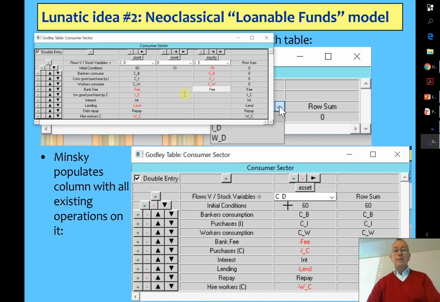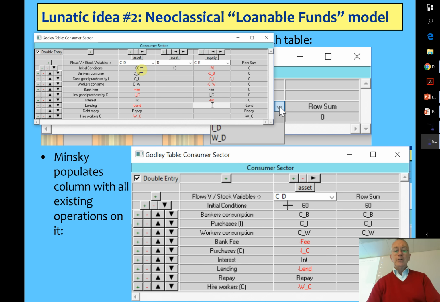So you need fee as a positive because that's, again, coming out of their income. Then you have investment purchases by the consumer sector. That's another outgoing. So it's paying money to buy intermediate goods as an input for its own production purposes. Then it's getting interest from the investment sector, so that's a negative, meaning a flow into the equity account.